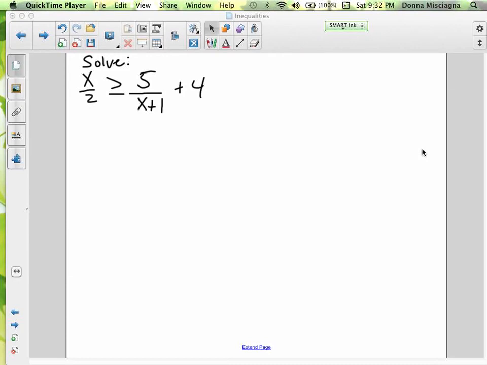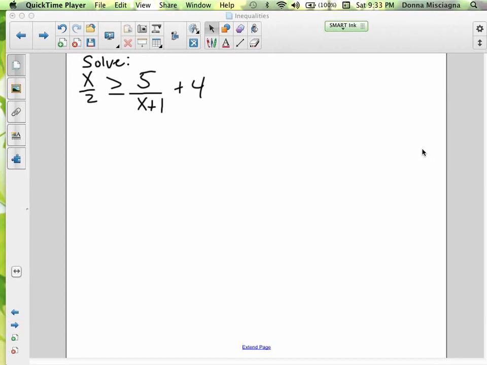So the last problem wasn't really a nonlinear inequality because we didn't have any variables in the denominator. Let's do one more that's nonlinear. Here we do have a variable in the denominator. We can't just multiply by the least common denominator because we don't know whether x plus 1 is positive or negative. So we're going to have to get everything on one side, so it's zeros on the other side, and then we can rewrite this as one fraction, and then we can evaluate with